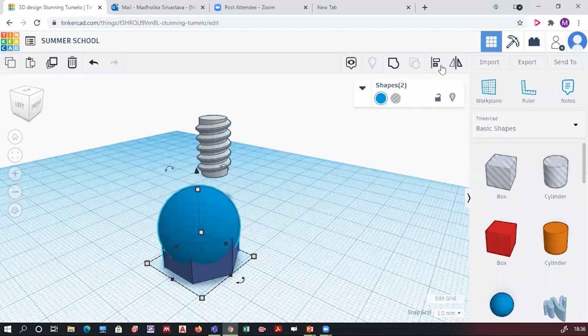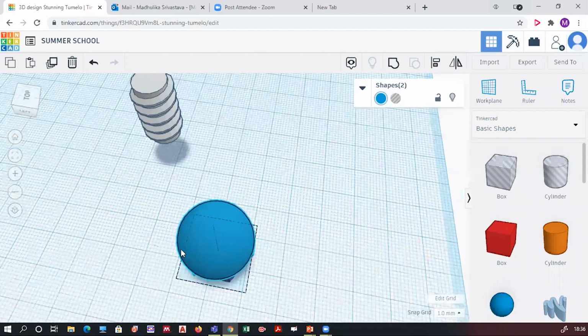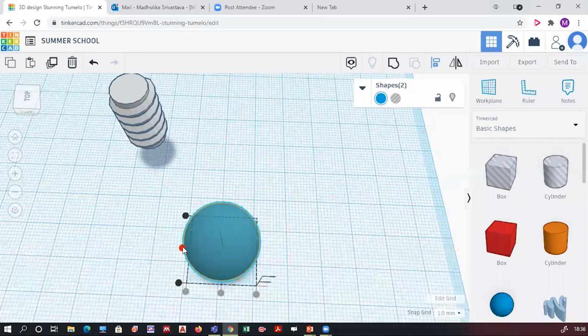As soon as you select multiple objects, you will get this align option activated. It will appear in black color. Just click on that and again you will see these dots. Just click on the center dot and it will be aligned with respect to that center point. Select multiple objects, align, and align them about the center point.